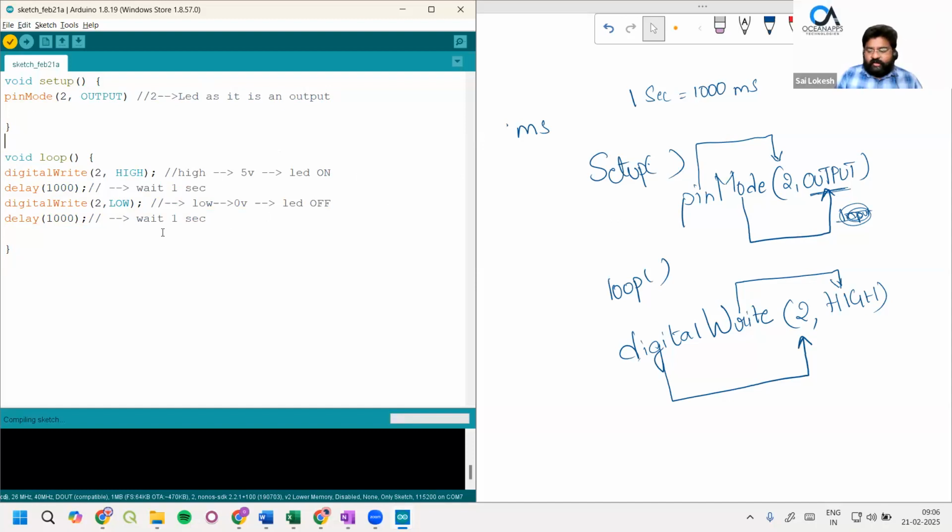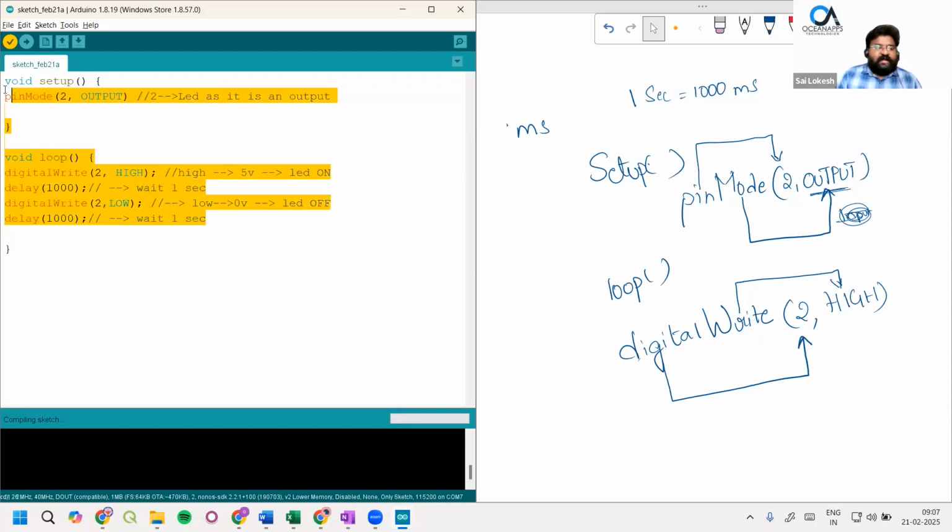So tomorrow, in Monday's class, we will see how we can send this program to our Arduino board and how we are controlling the LED. So before that, I want to give you all an assignment: write a program to control 5 LEDs on and off